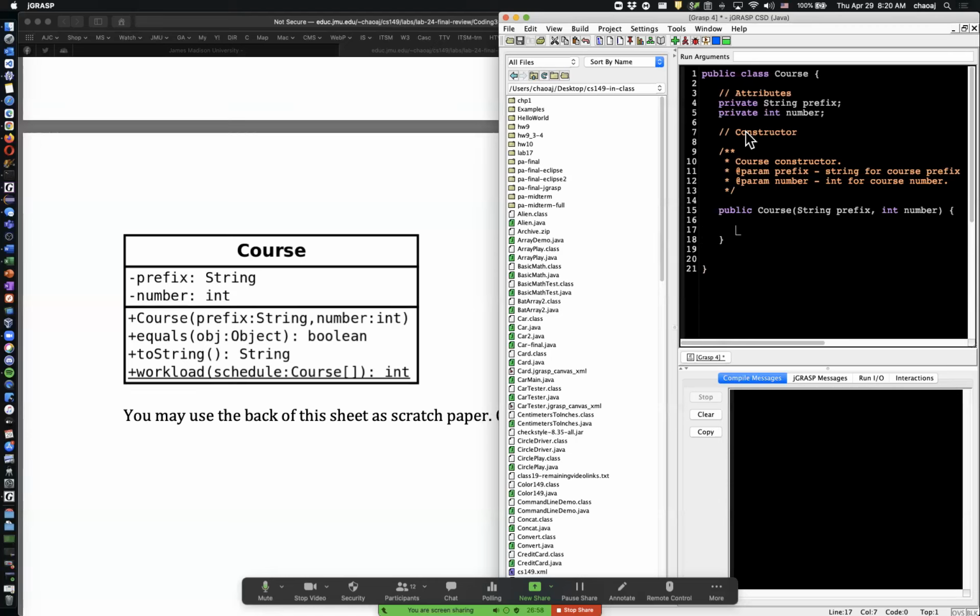And we're going to want to do this as in here, we're going to say this dot prefix equals prefix. And then again, this dot number equals number. So this is our pretty straightforward and standard constructor. I'm not going to do the full portion of the constructor yet. I'm going to note in here though, need to do validation